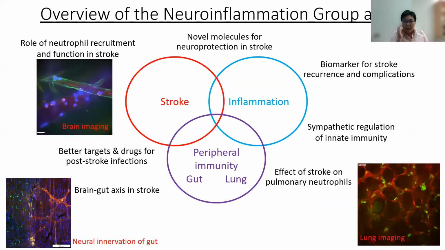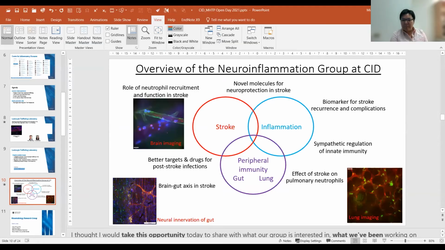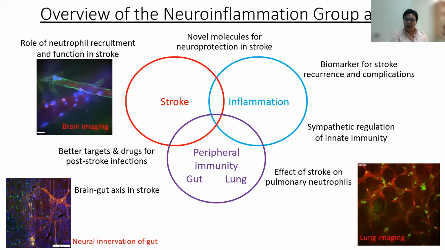Thanks, Michael. Hi, everyone. I'm Connie. I'm the head of the neuroinflammation research group here. As most of you know, stroke is a very debilitating disease. In my lab, there's basically 3 broad themes, and hopefully you can see from the diagrams. We believe that they're interlinking, and surrounding those 3 rings, you can see the current ongoing projects we have in the lab.